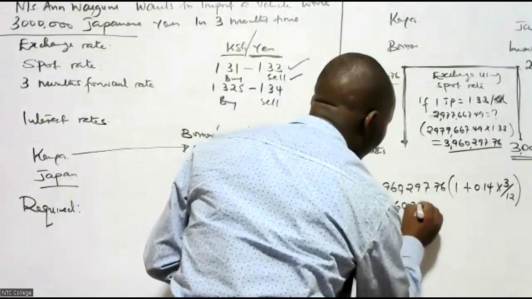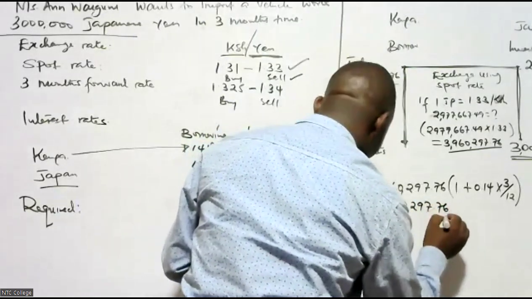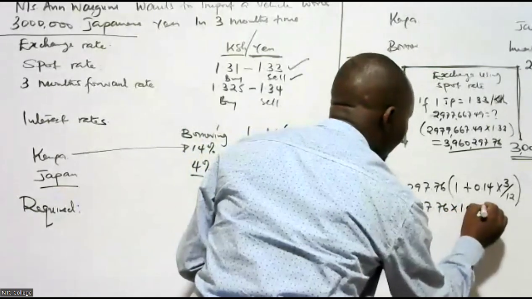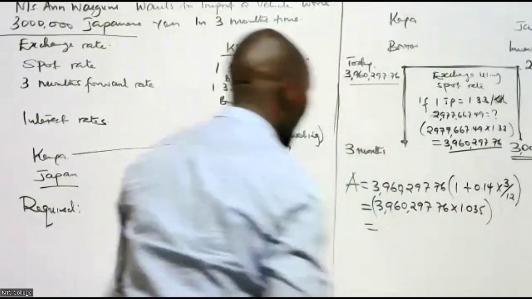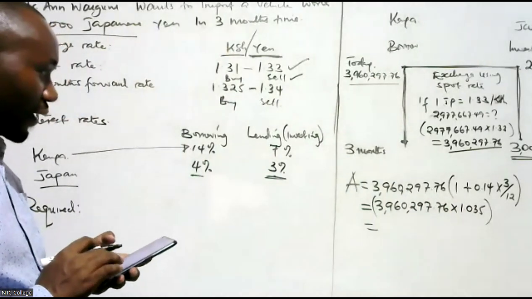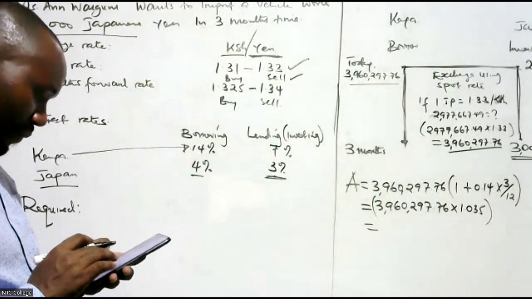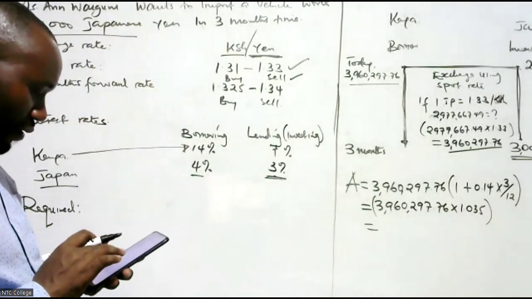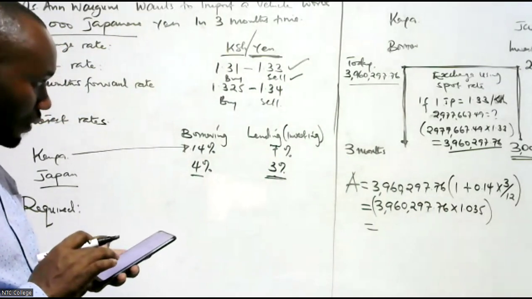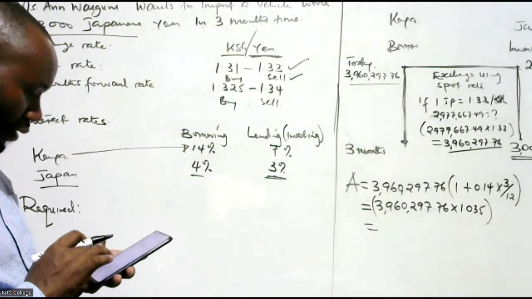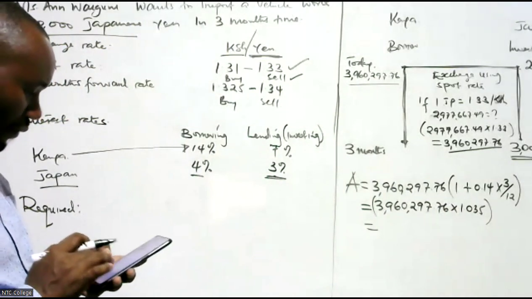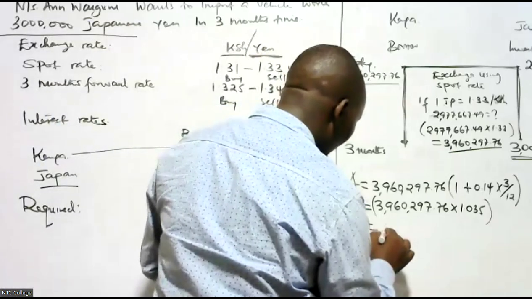So I'm having 3,960,297.76 times 1.035. How much am I paying? Bank watachukua pesa gapi from me? So it is 1.035 times 3,960,297.76. I'll pay